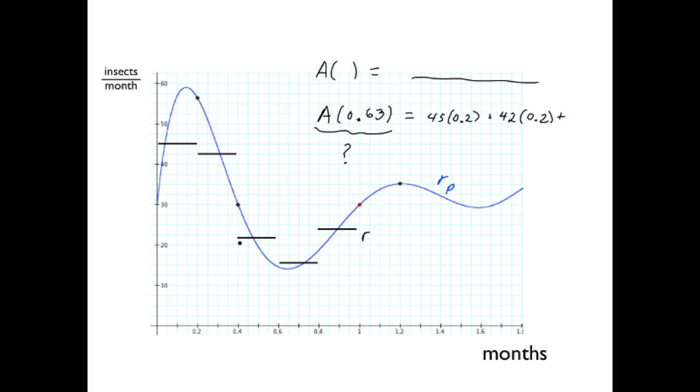And then 21. Does that seem fair? So we're accumulating these changes given a constant rate, right? When we have a constant rate of change, the change is the constant rate times the change in x. And then plus, if I'm doing 0.63,